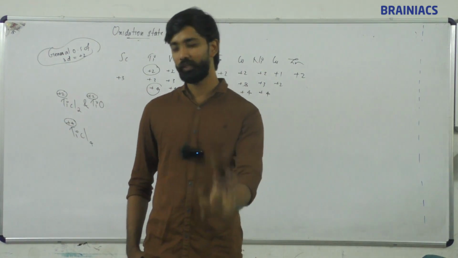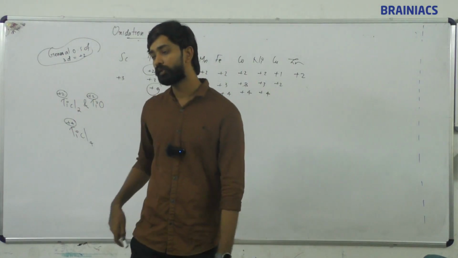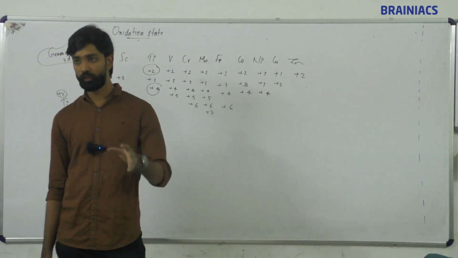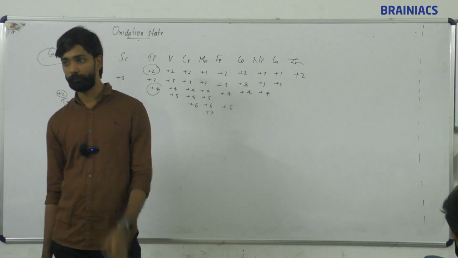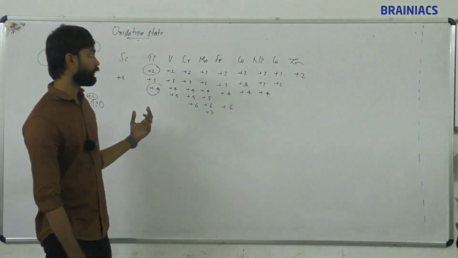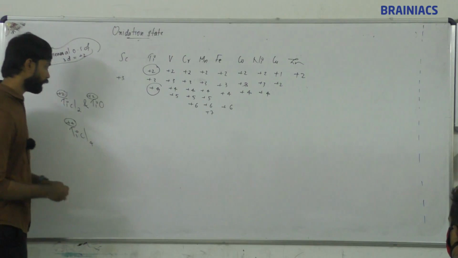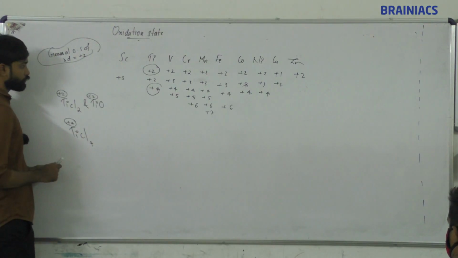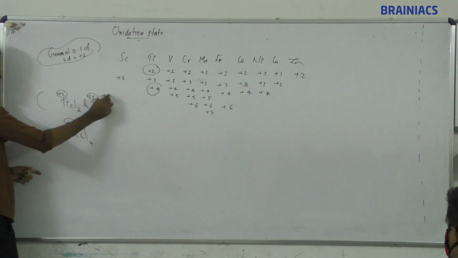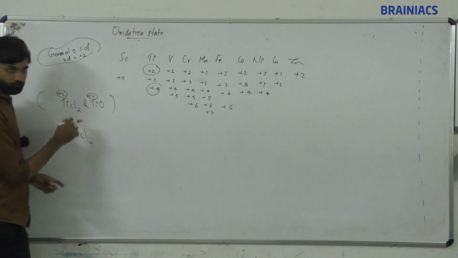Lower oxidation state compounds are ionic, and in the case of oxides, they will be basic. Okay, we will discuss the nature of oxides later. So, ionic, for example,